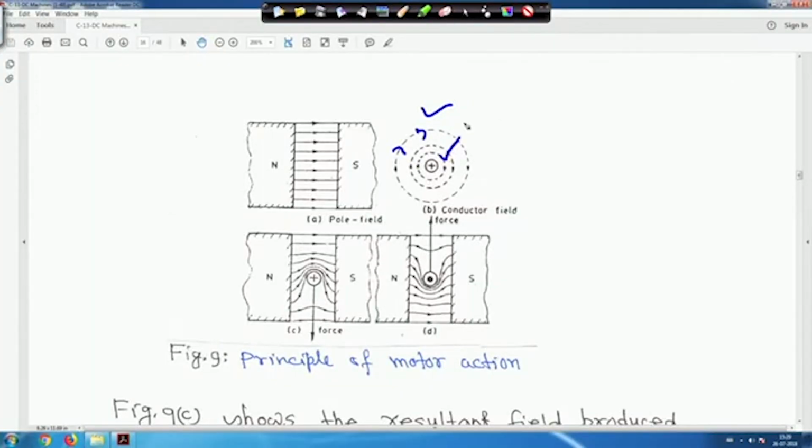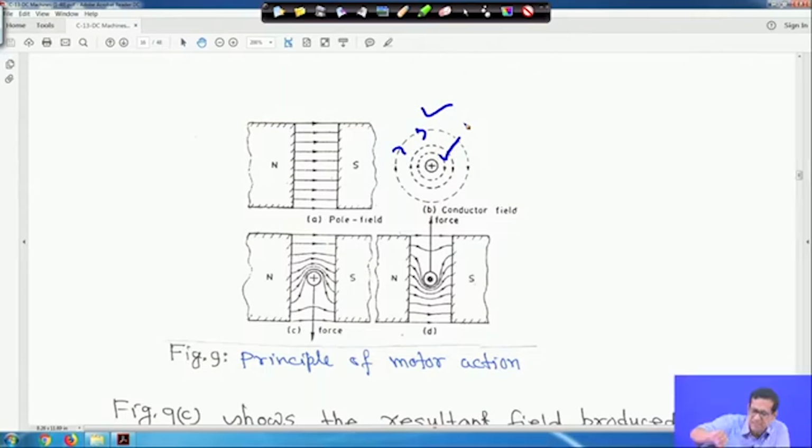So, for the plus, you use the right-hand rule: your thumb gives the direction of the current, because it is going into the paper, or into the plane, and the curled fingers give the direction of the flux. And similarly, suppose this is the conductor with a dot,